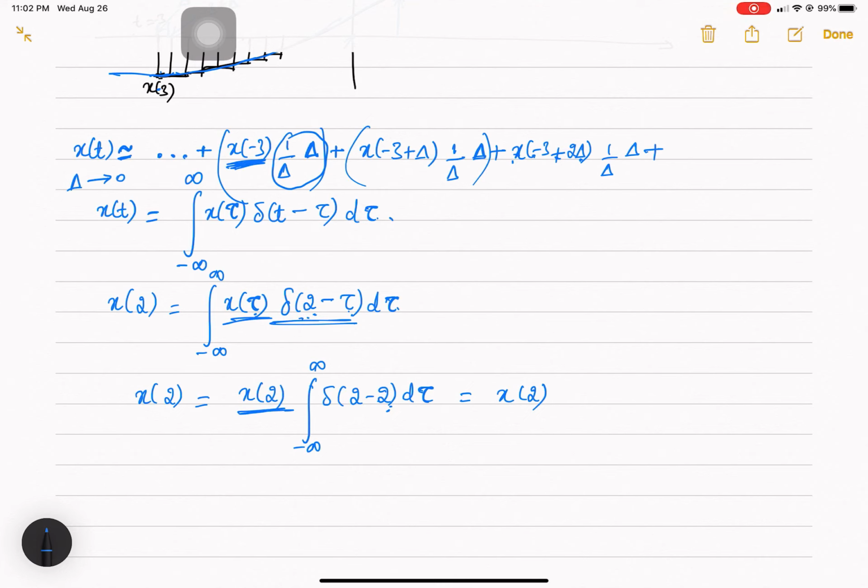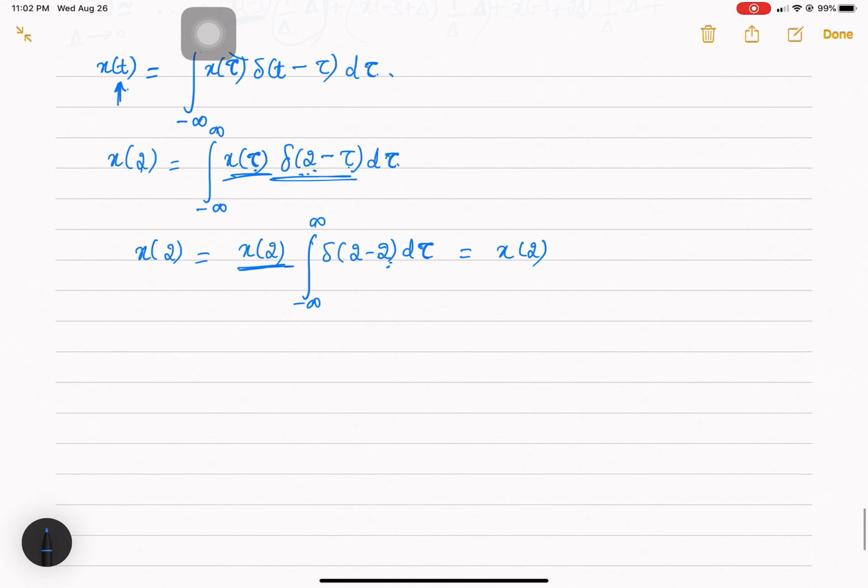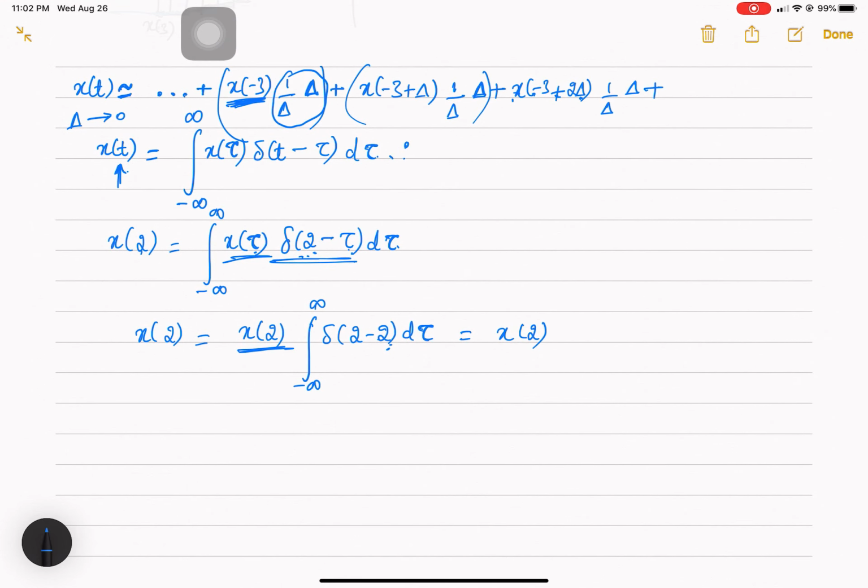When t varies, this value varies. Since you are interested in a value at a specific time instant, at t equal to 2 units, the value will become constant. So whatever the value of x of 2 you have, you will get that. Now what I did here was, I expressed the general function. It's a bit difficult to understand, so you have to read it in the textbook.